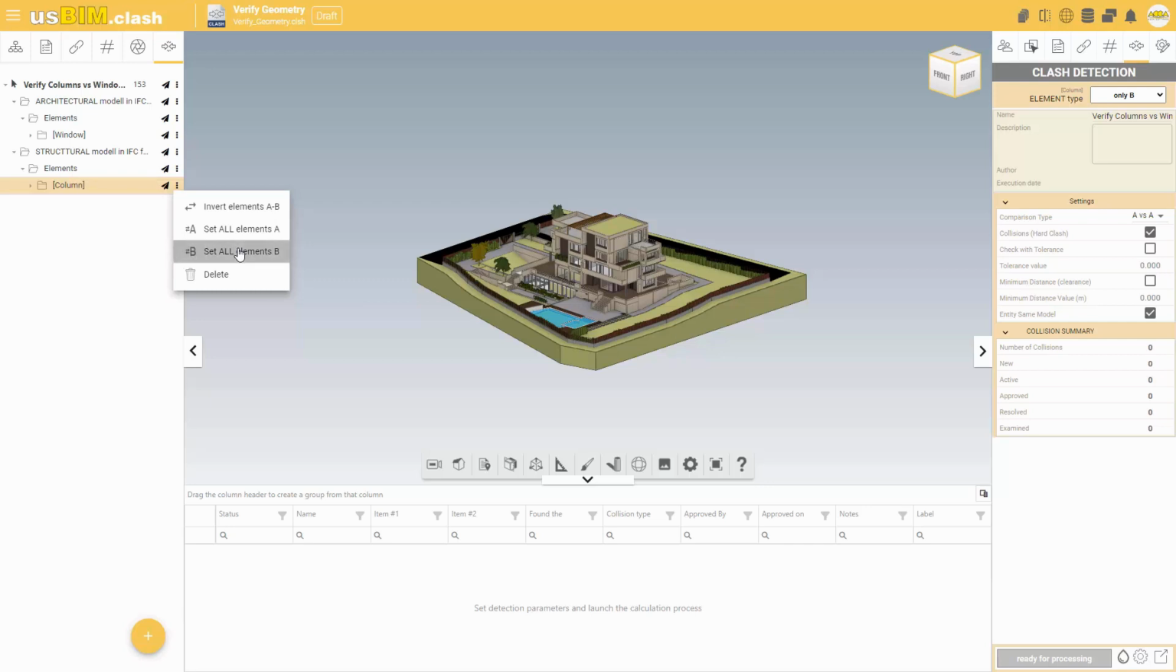From the right tab, in the Clash Detection section, in the Settings section, you can manage the type of comparison. In particular, you can choose to compare elements A versus A, A versus B, and B versus B, the collisions, then the hard clash. In this case, by checking, the verification of the elements that occupy the same physical space is